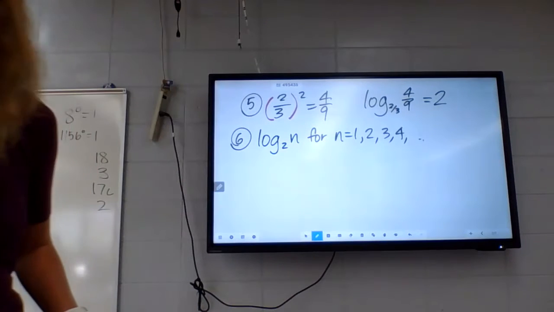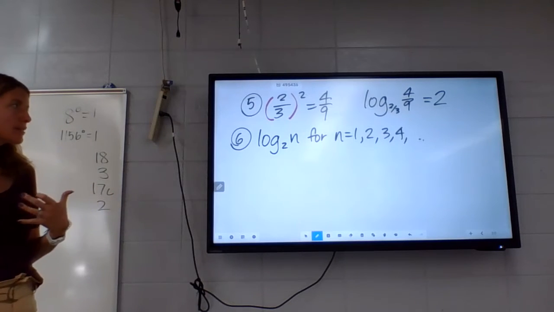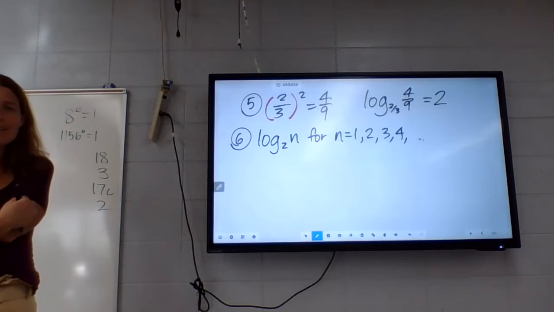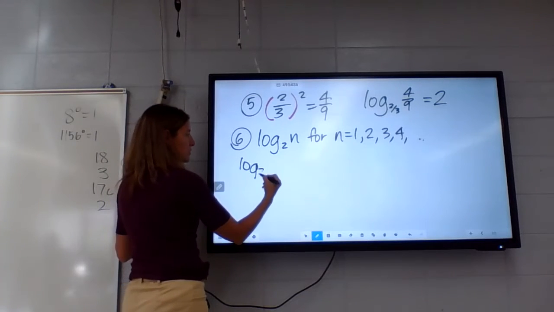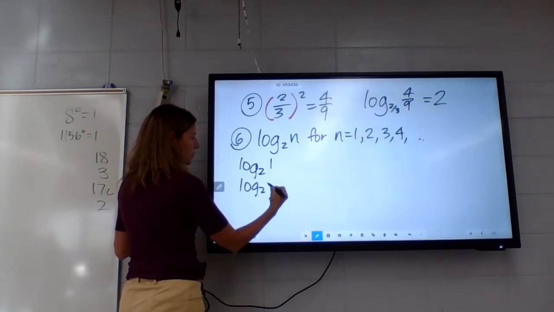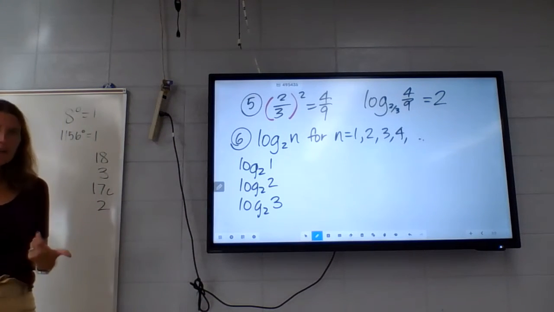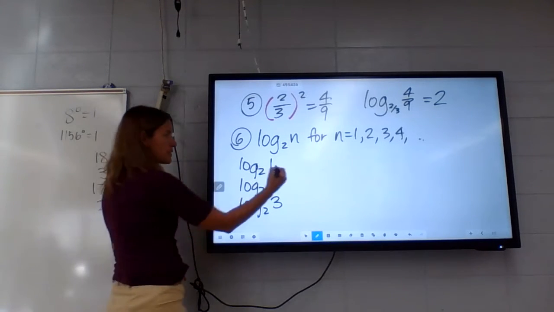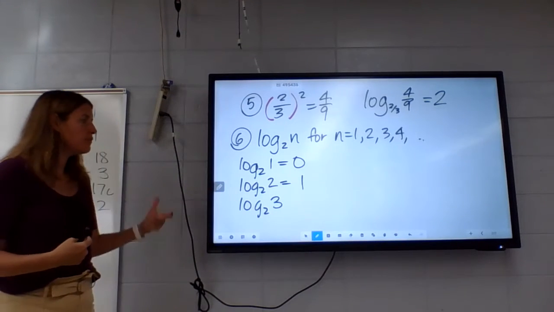I believe it goes all the way up to 9. So a couple different things you guys could do with this. I probably would not suggest trying to do a guess and check for a lot of these. A lot of these would probably be pretty painful. So you're basically just doing log base 2 of 1, log base 2 of 2, log base 2 of 3. Now some of these you might just know. Again, anytime it's a log of 1, it's just always going to be 0. I know these two just cancel to be 1. I know that, but if you didn't,